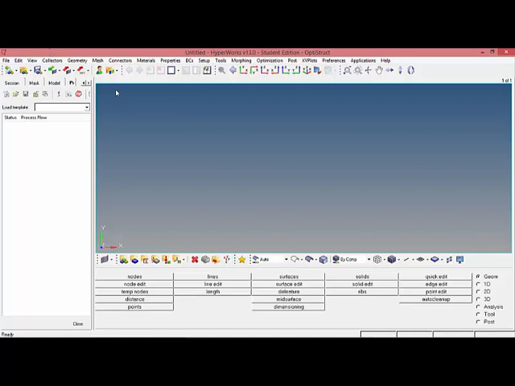Now we will start with the toolbars. For quick access to the functions of HyperWorks, the toolbars are available.